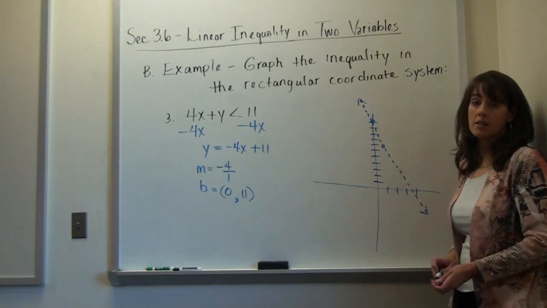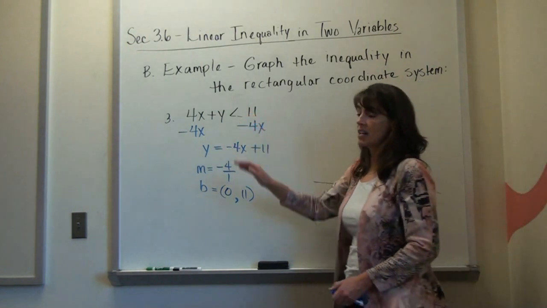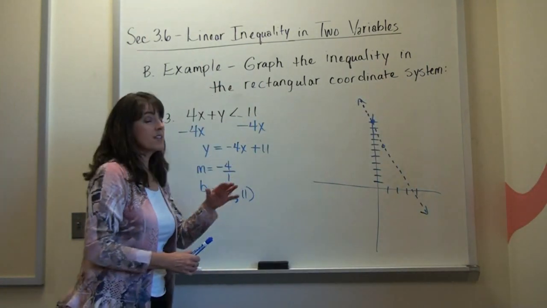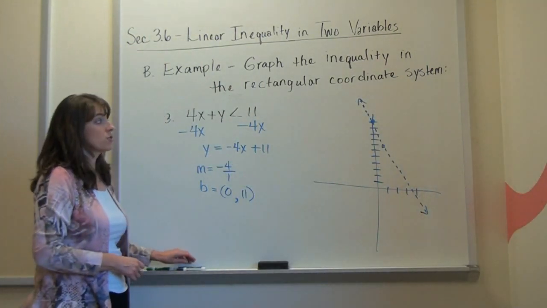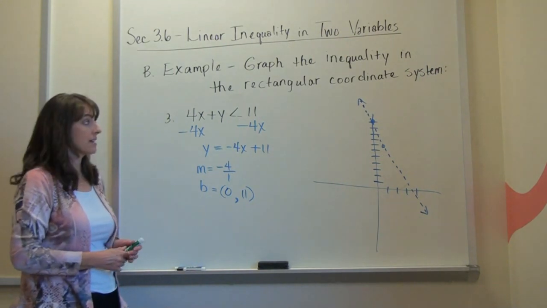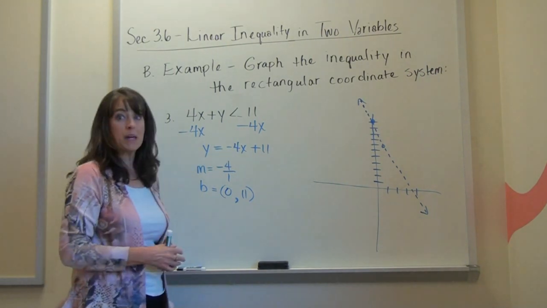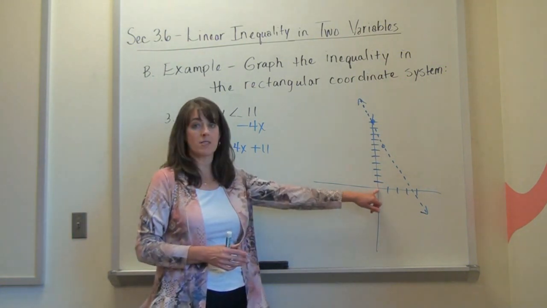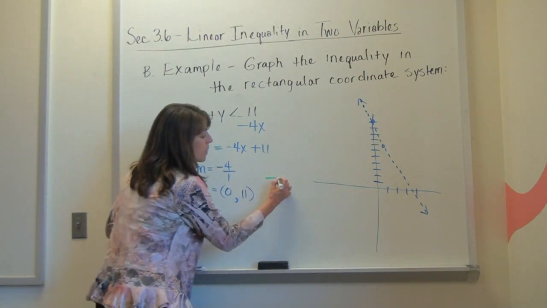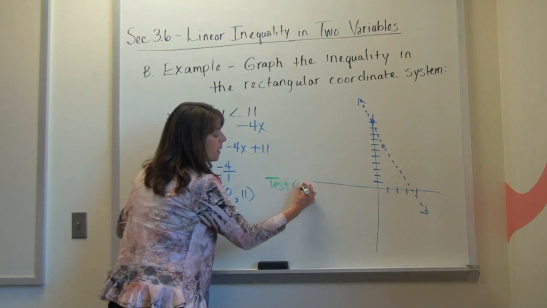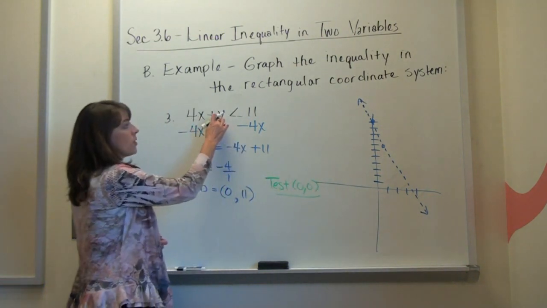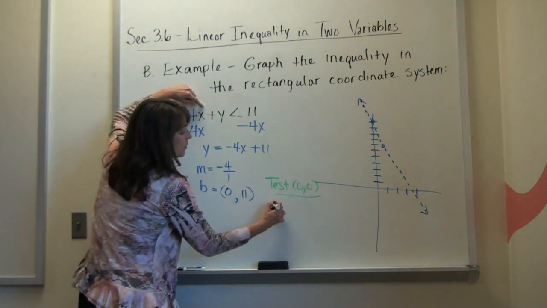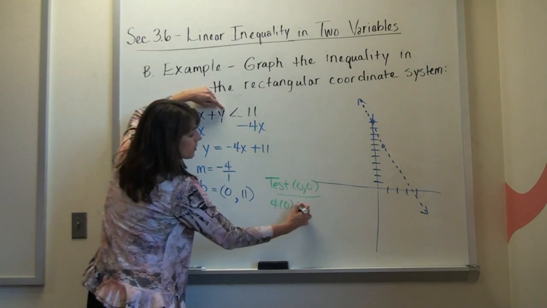So there's the line. But remember, the fact that it's an inequality means that one of these half planes is going to have all the solutions. I've got to figure out which half plane has them. So again, pick a point that you can test. If you can pick (0, 0), awesome, I can test (0, 0). So I'm going to take that (0, 0) and toss it back up into my inequality from the beginning, put a 0 here where the x is, put a 0 here where the y is,